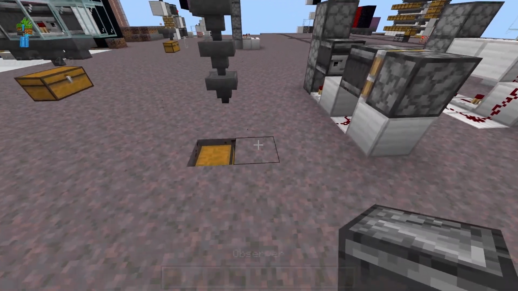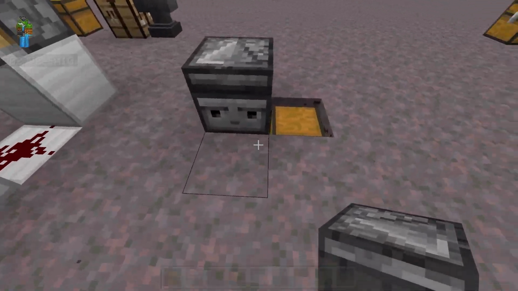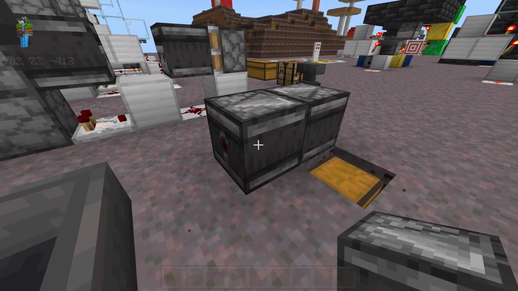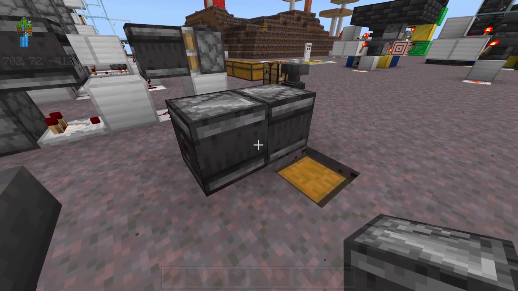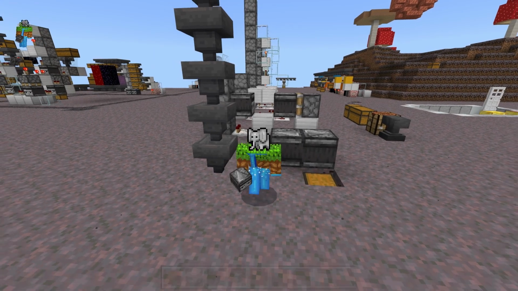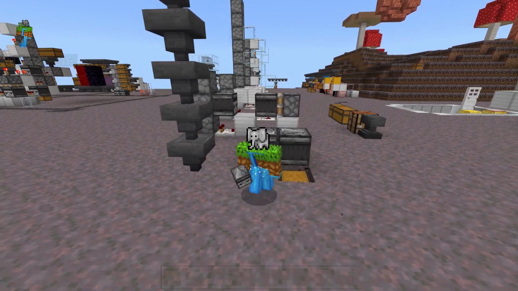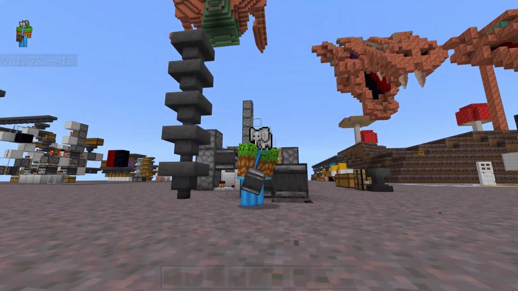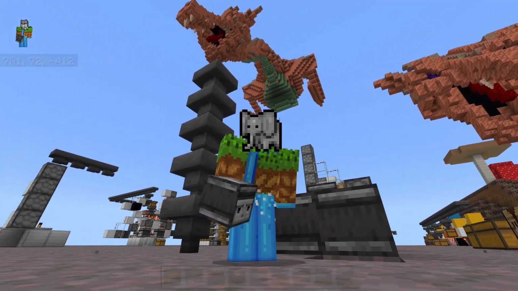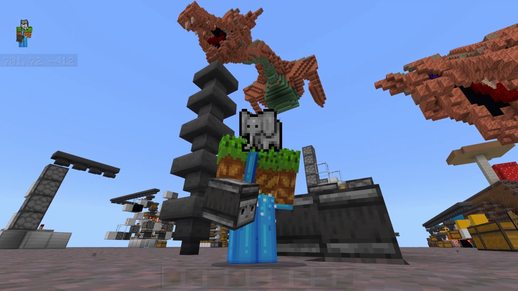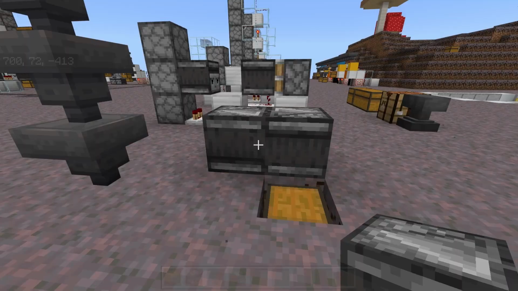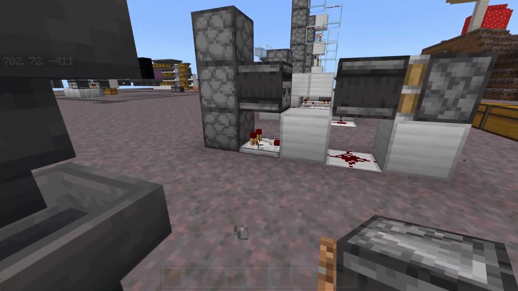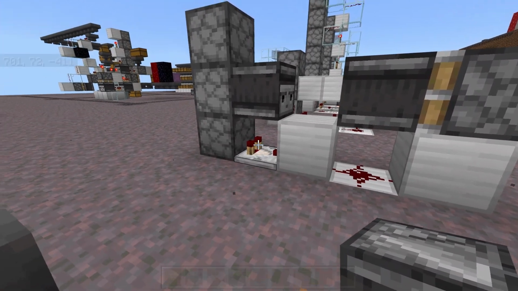Now, anytime you use a dropper elevator, you always want it to be activated by a comparator. I've seen a lot of tutorials and people use just infinite clocks in order to power their dropper elevators, and not only is this noisy and annoying from the droppers clicking, but it's also a waste. You're creating additional lag for no reason at all. So always avoid infinite clocks or clocks that you have to turn on and off, and just use comparators. I promise that it's easy.